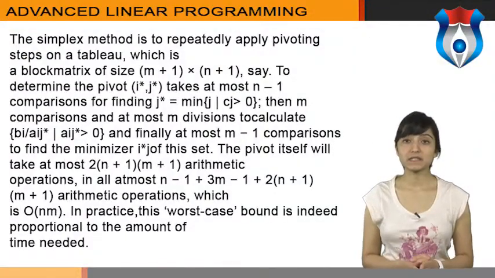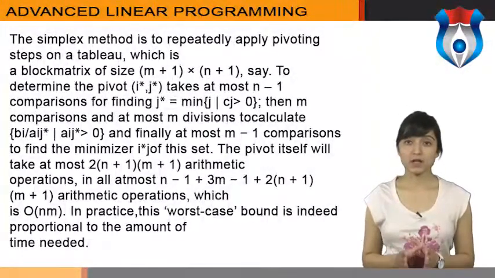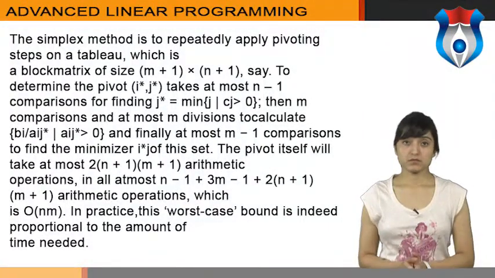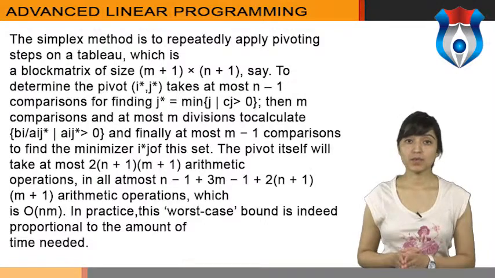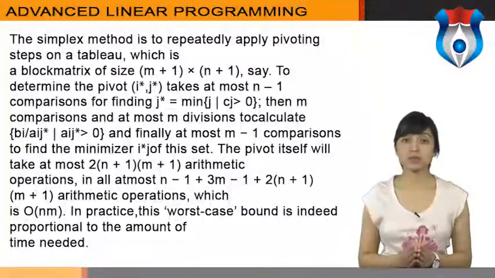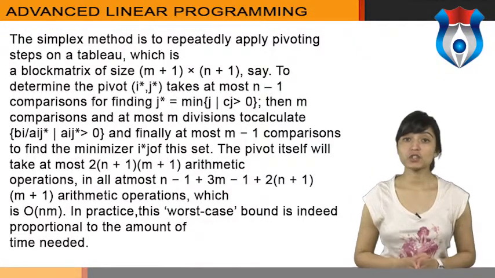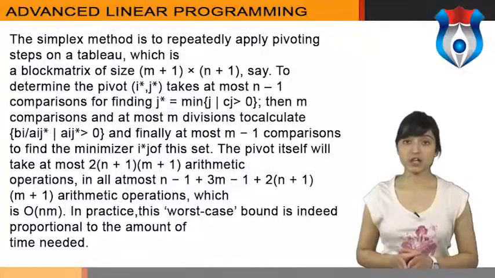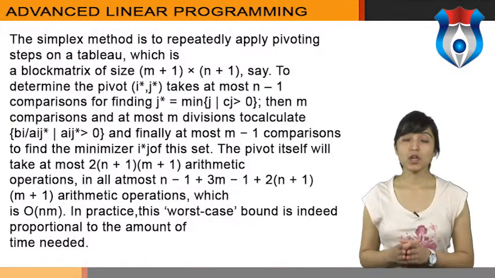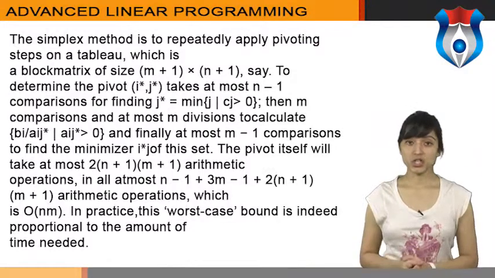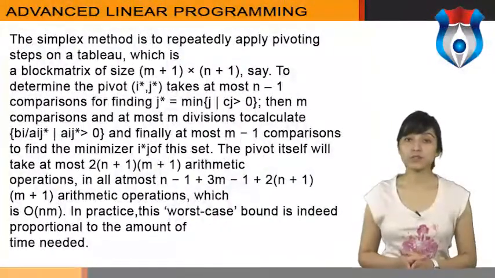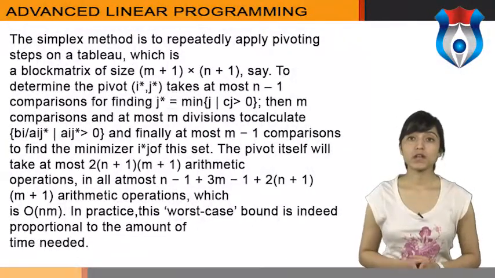The simplex method repeatedly applies pivoting steps on a tableau, which is a block matrix of size (m plus 1) by (n plus 1), say. To determine the pivot i0, j0 takes at most n minus 1 comparisons for finding j0 equal to the minimum j with cj greater than 0, then m comparisons and at most m divisions to calculate bi divided by aij0, where aij0 is greater than 0, and finally at most m minus 1 comparisons to find the minimizer i0 of this set. The pivot itself will take at most 2(n plus 1)(m plus 1) arithmetic operations,